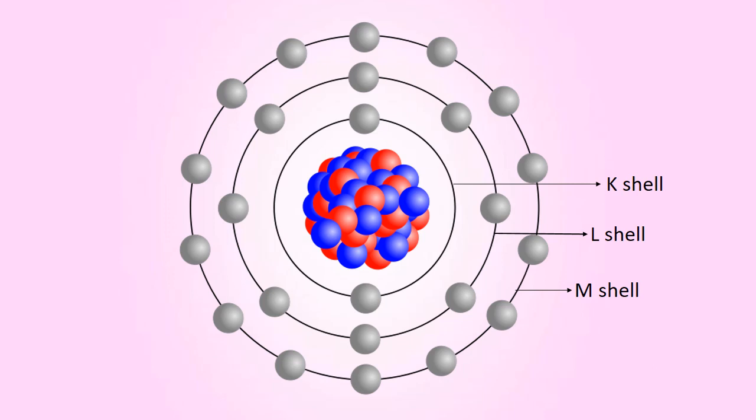Now here we can see that in the center we have the nucleus filled with neutrons and protons, and then we can see the various shells, that is K shell, L shell and M shell. The number of electrons in the K shell, if you count, we can see there are only 2 electrons. Similarly for L shell, there are in all 8 electrons. For M shell, we have 18 electrons, and if there would be an N shell, it would consist of a maximum of 32 electrons.